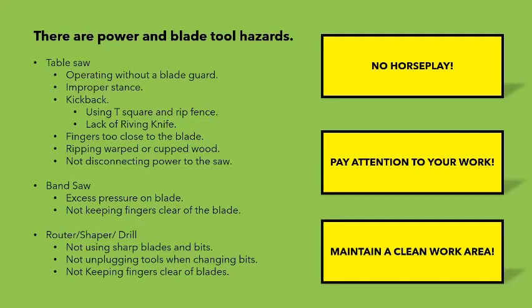We're basically using the T-square and rip fencing combination, a lack of a riving knife to prevent the cut itself from pinching. Your fingers are simply too close to the blade and you're not using a push stick. This is true during ripping and cutting operations. Again, ripping warped or cupped wood can cause a kickback, and not disconnecting the power to the saw when